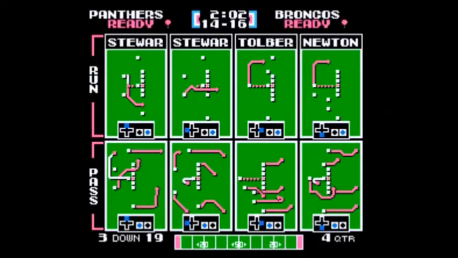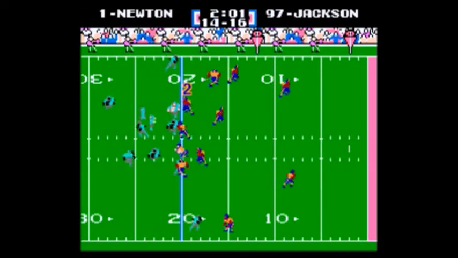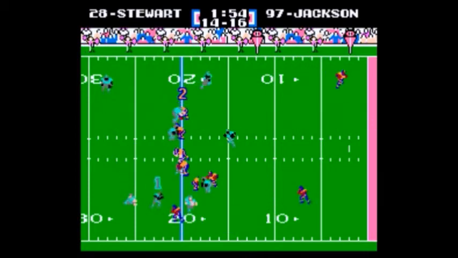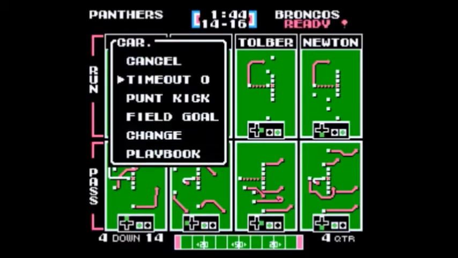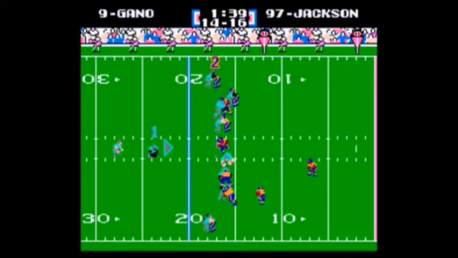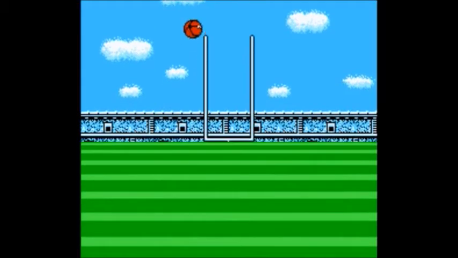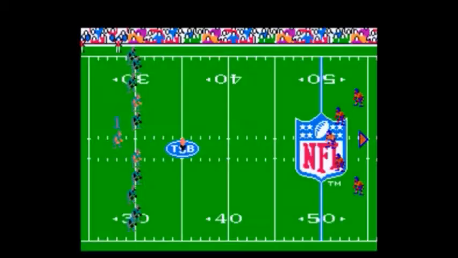And they're going for their final timeout here. 2 minutes to go, Bob. Yep, before the 2-minute warning. So a bit curious. Leaving time there on the clock for the Broncos if they do end up kicking this field goal or scoring a touchdown and taking a lead, but it looks like they're going to line up for a field goal attempt to go up by 1 here in Super Bowl 50. Yes, now your prediction, Bob, and I agree with you, was that they were going to try to milk this clock out, and they had themselves set up perfectly to do exactly that, but then they started calling their own timeouts.